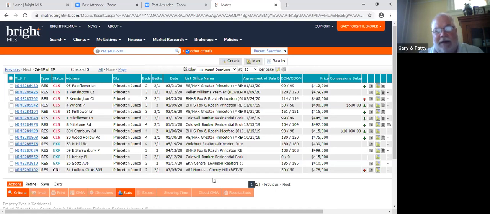So that would be maybe one modification that I would further make depending on the subject property that I was working on. Now, if I was going to do this for a subdivision, then I'd do it a little bit differently. If I'm doing analysis of a piece of ground, there's lots of things to know that you have to figure into the equation, shall we say. And I'm not going to get into all that because it's much more in depth.